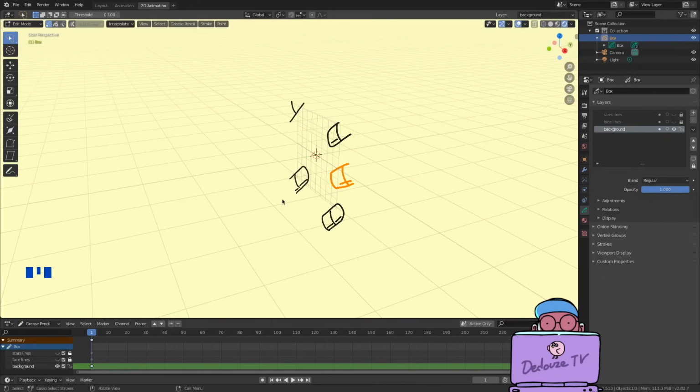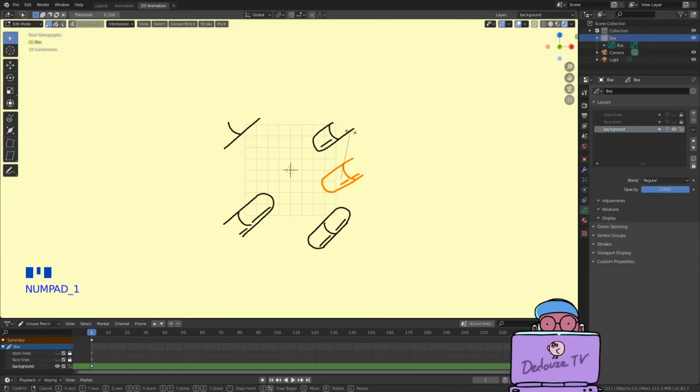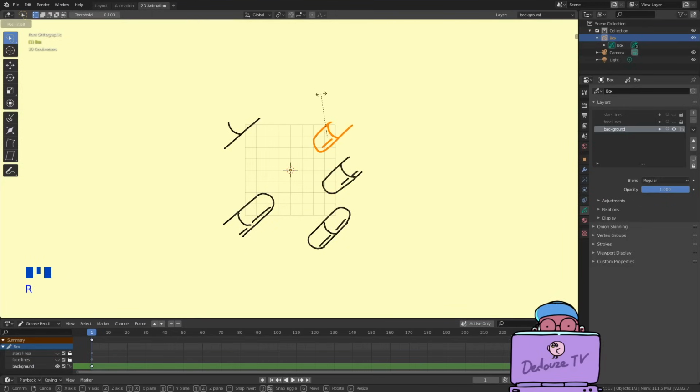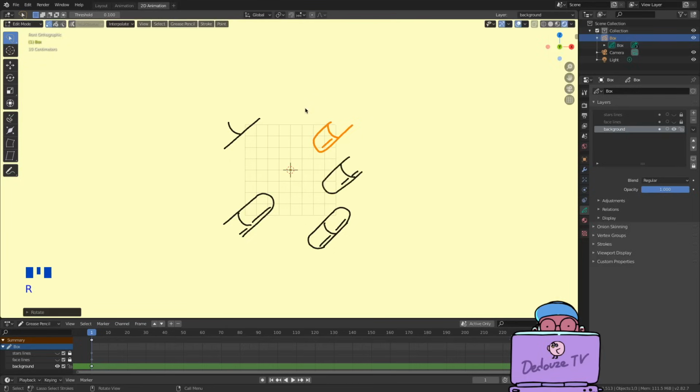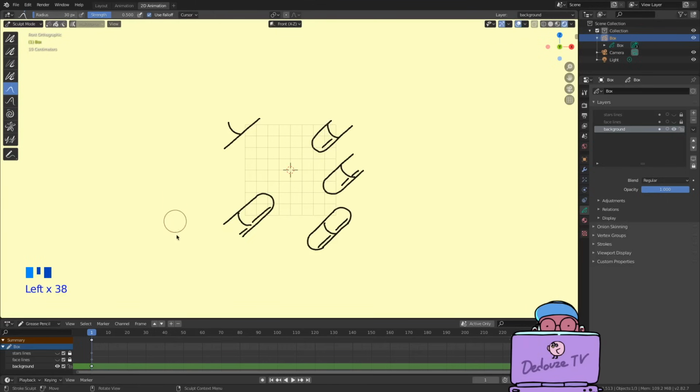So when you're on perspective view, you can rotate with the R key and then press Y to constrain the rotation to the Y-axis, so it's rotating as if you were manipulating it from the front. Or you can also go back to the front view with numpad 1, and now in orthographic view you just need to press R to rotate. So now everything is aligned. Just need some small adjustment here in sculpt mode. I'm going to adjust this, and now we're okay.